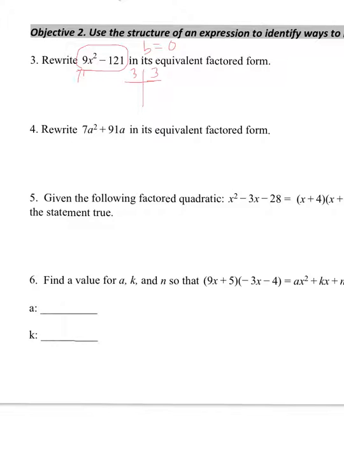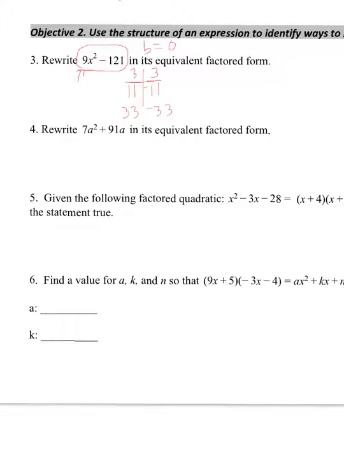And then 121 is 11 times 11. So I will get 33 and 33. When I multiply those together, they're the same. One of them will be negative, so that it turns it into 0. This pattern is called the difference of 2 squares, where, once you recognize that pattern, you begin to notice what